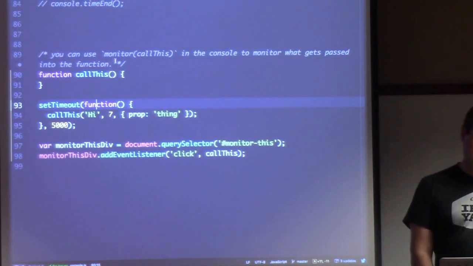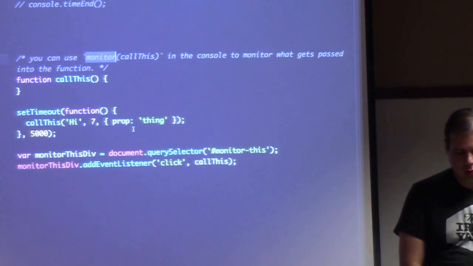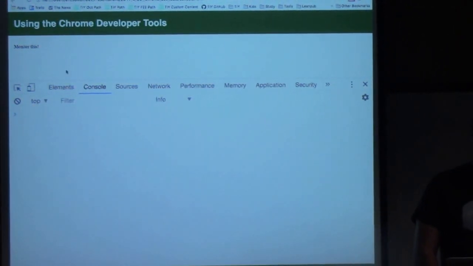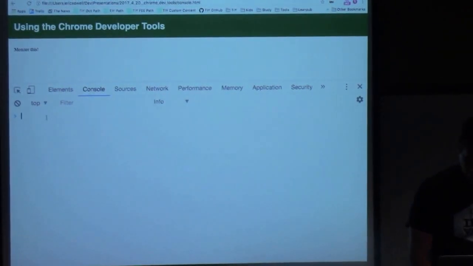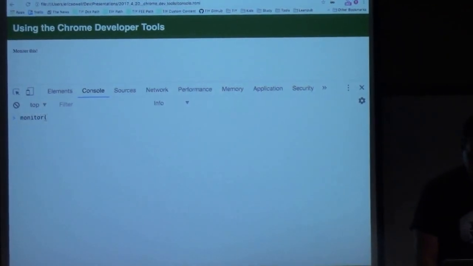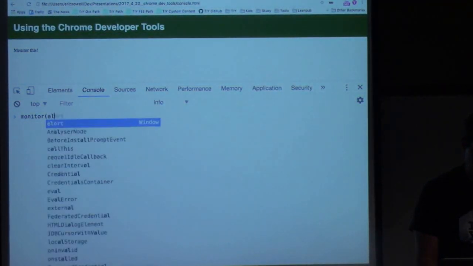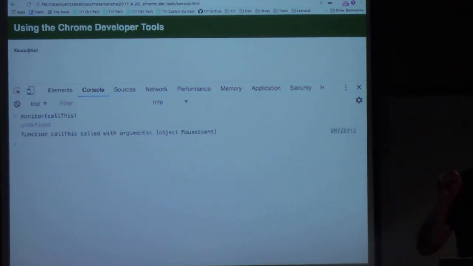And so the syntax is monitor this. You don't put this in your source code. What you do is you do this. So I'm going to go back here and refresh. And after 5 seconds, that thing is firing. So what I can do is I can do monitor. What did I call it? Call this. Not all this. Call this. All right. So now, anytime someone calls that function, like for example, when you click on that, it